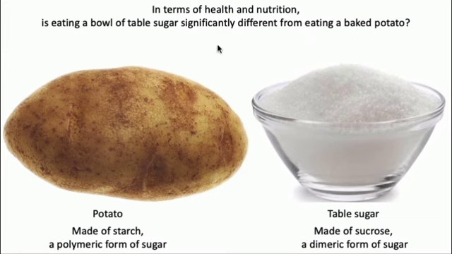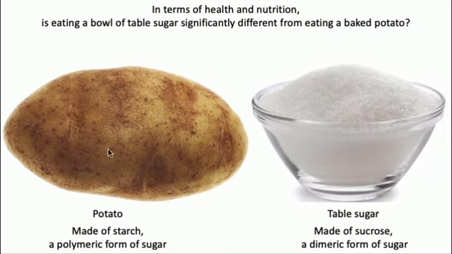Both potatoes and table sugar are made pretty much out of sugar. In the case of a potato, it's a polymeric form of sugar. In the case of table sugar, it's a dimeric form of sugar, a disaccharide. Whether you eat a potato or table sugar, they are very rapidly hydrolyzed down to monomers, which are very rapidly absorbed by your digestive system. So, nutritionally, are they equivalent? Please pause and explain. And I'm going to say, my answer is